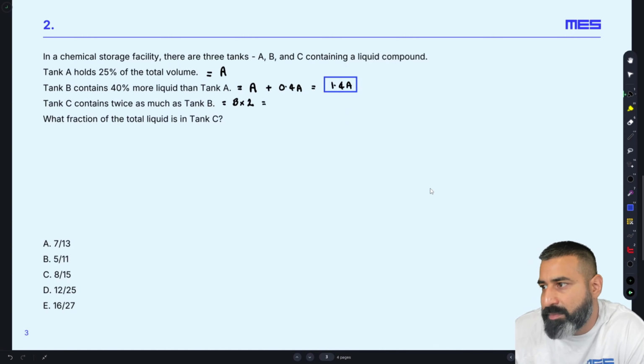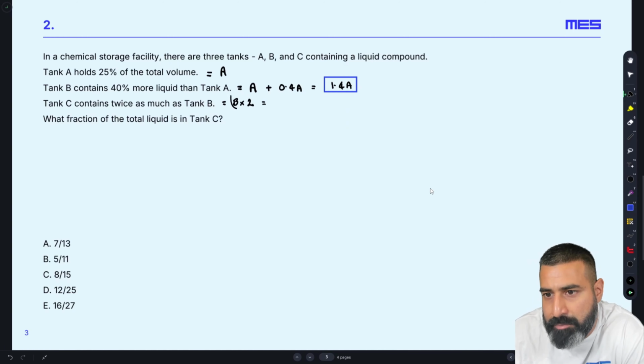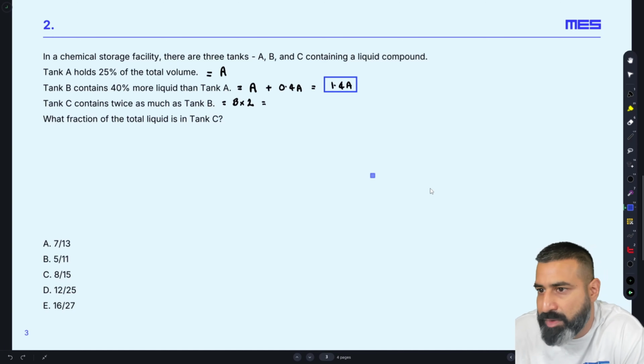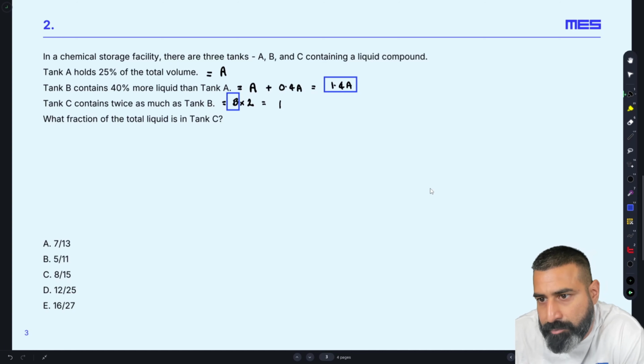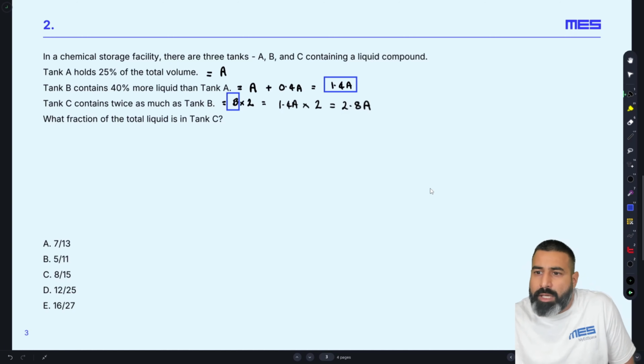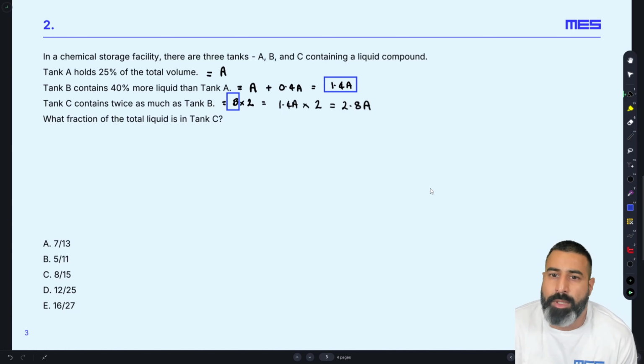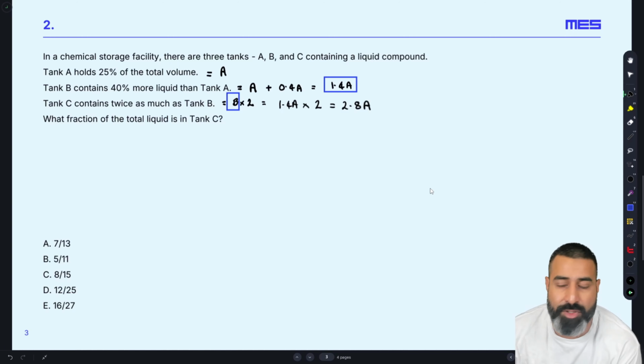So if we substitute that in for B, we can then say that 1.4A times 2 is equal to 2.8A. Okay, so where do we go next? So we want the fraction of the total liquid in tank C. So C as a fraction of the total. Okay, cool. So then to get the total,